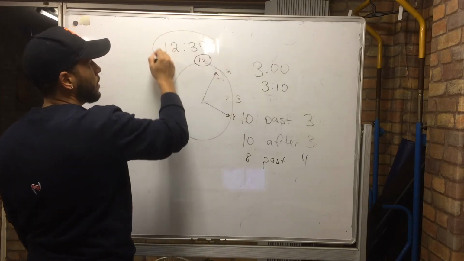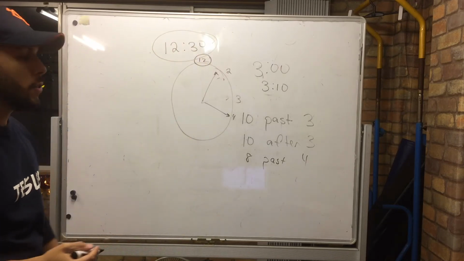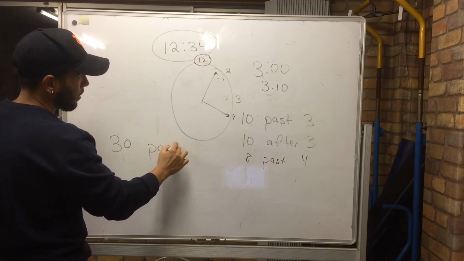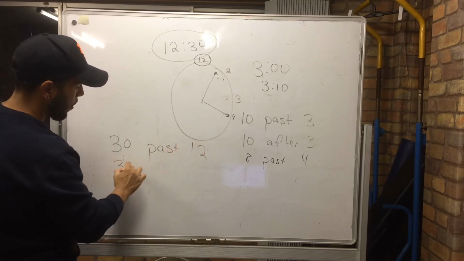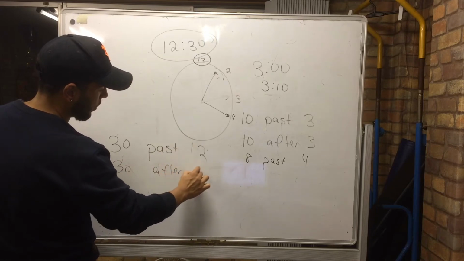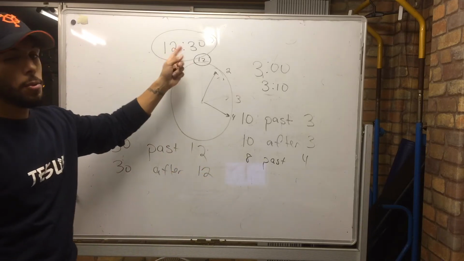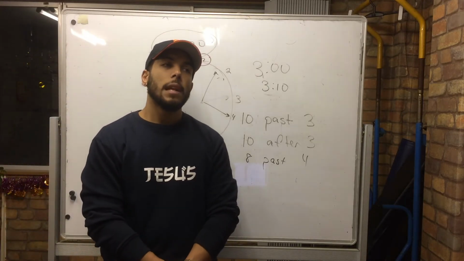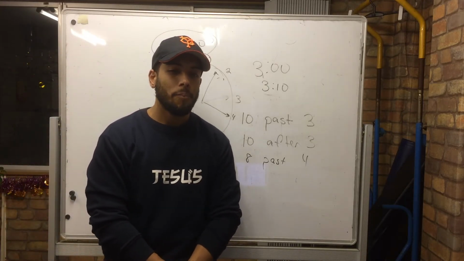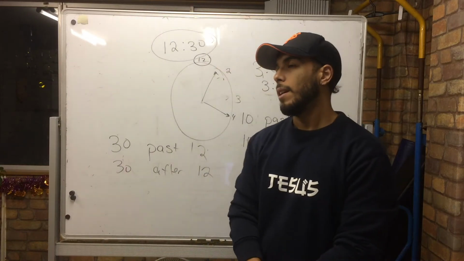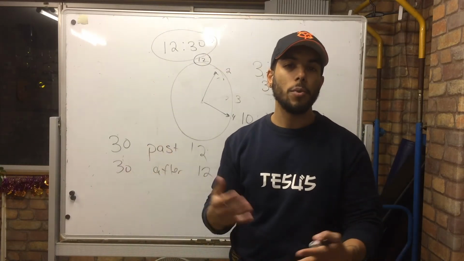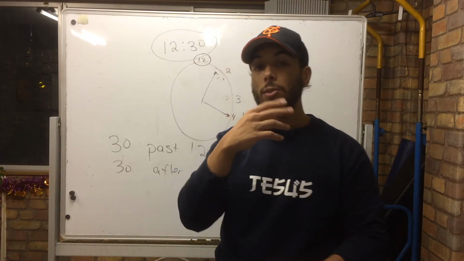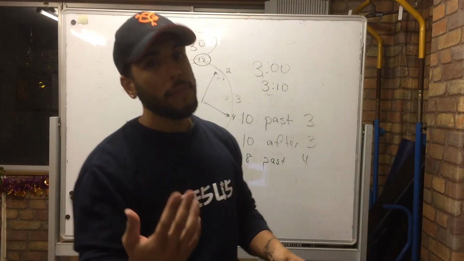Now, in the case of 12:30, you can say 30 past 12, or 30 after 12. They both mean 12:30. For the most part, I've never really said like 20. I mean, you can say 18 past 3 or something like that, or 3:18. Okay, you can use it all the way to 30. After 30,